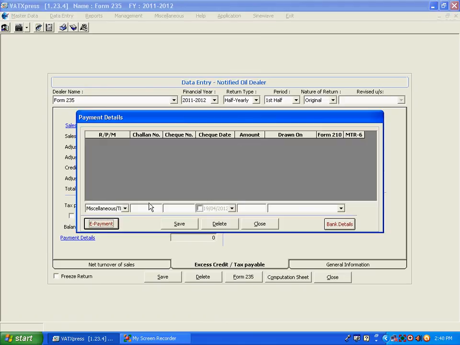Now we need to enter the details of the amount already paid, then the amount being paid with the return. Enter the challan number, cheque number, cheque date, amount, and bank drawn on.